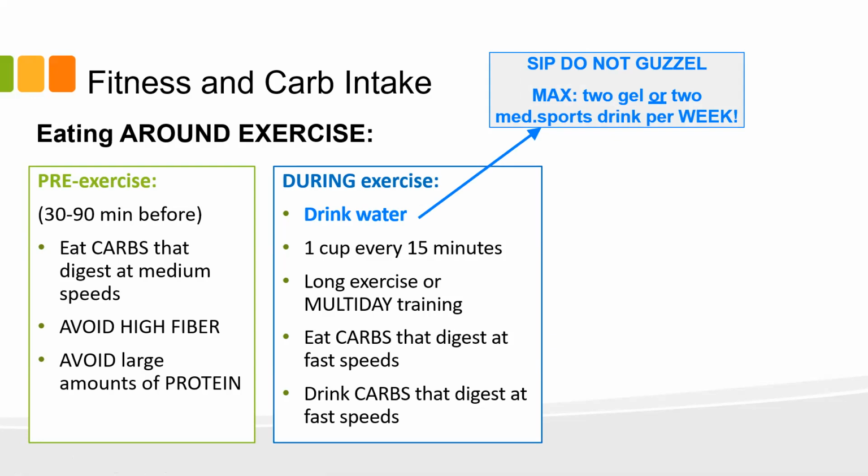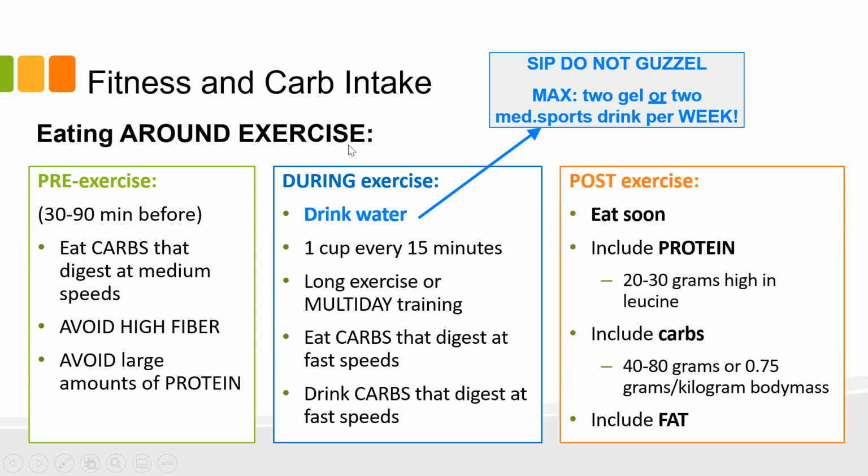And notice, what does it say about sports drinks? For the most part, avoid sports drinks unless your activity is an hour or more, is the general recommendation. And we'll talk about sports drinks in a couple of units when we talk about electrolytes and whatnot. But generally, water is the best. And you don't need the sugar, you don't need the electrolytes unless you're working out for longer than an hour. And actually, most people recommend 90 minutes or more.